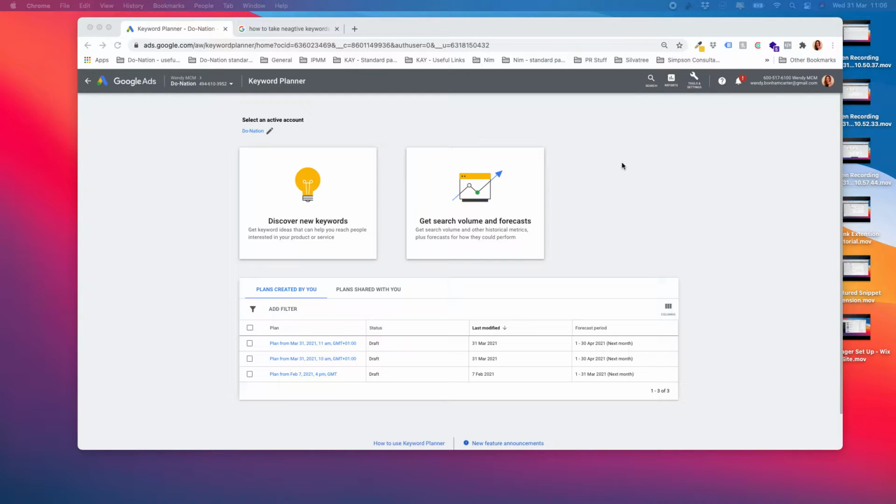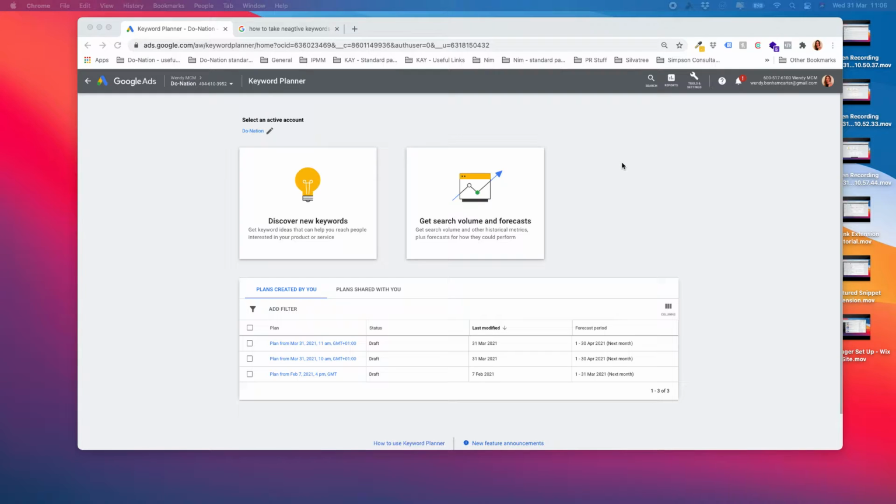So in this tutorial, I'm going to walk you through how to add negative keywords to your campaign and give you a really good insight into how we can find suitable negative keywords to add to that list. And the reason that we add negative keywords is really to refine the search terms for which your ads are going to be displayed, because obviously we only want our ads to be displayed for things that are very relevant